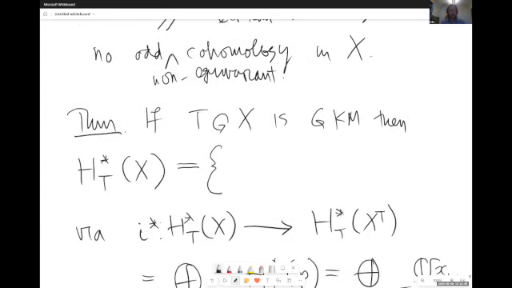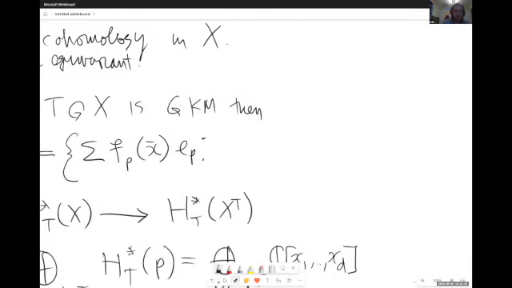And so now the statement is that via this map, I can describe explicitly the equivariant cohomology of X by its image. And that image is the set of all elements of the form sum over P with the property that